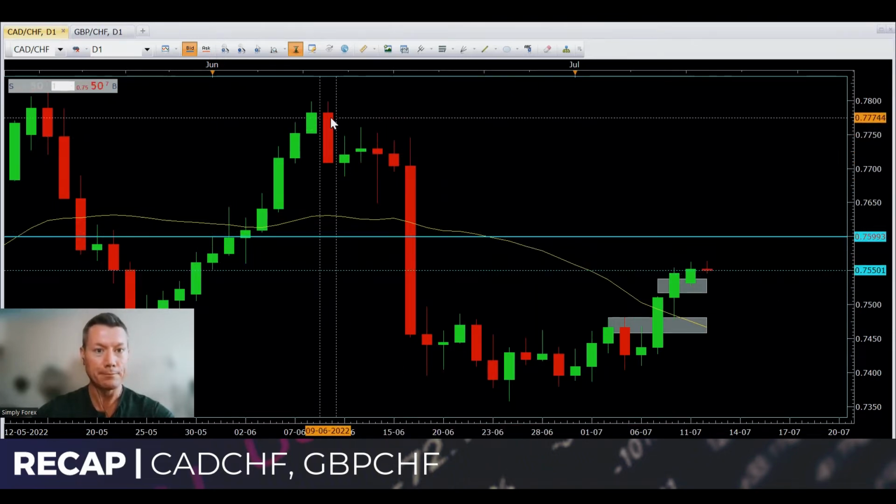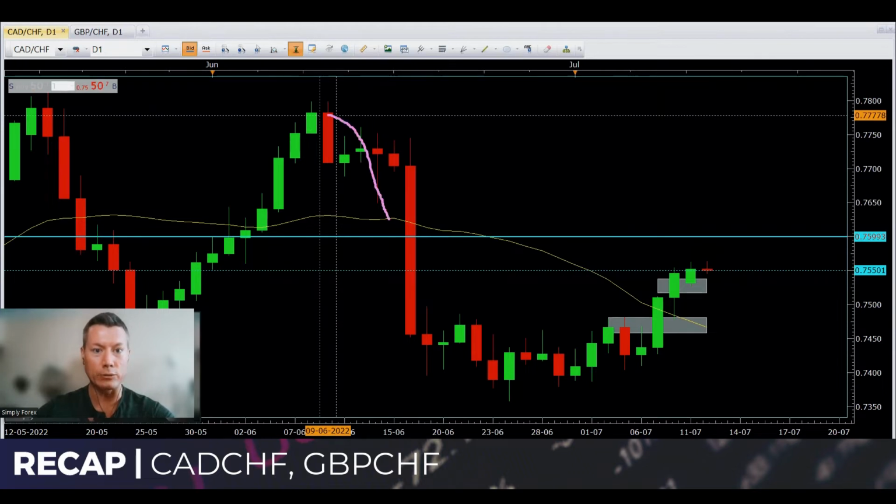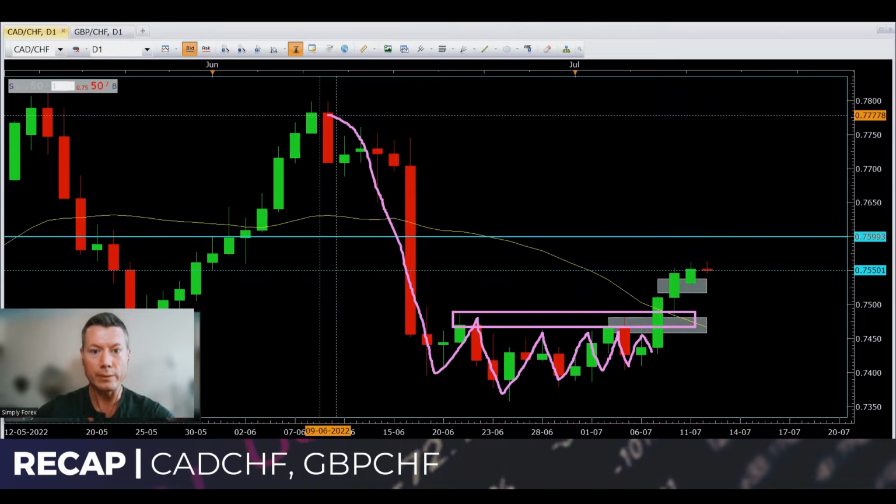Well, this is why. Price was in a downtrend: lower lows, lower highs, lower lows. Then no higher highs, no lower lows, just sideways action, guys. And then eventually this zone here, we had this high and this high here, which was eventually broken with this candle. As soon as that daily bullish green candle formed, structure had changed.